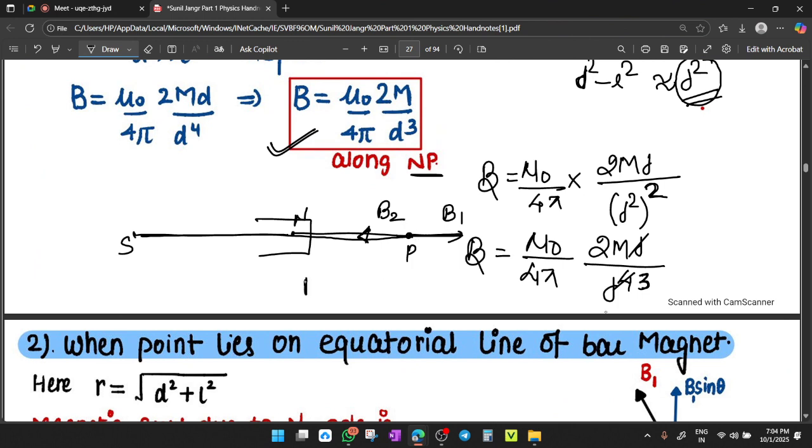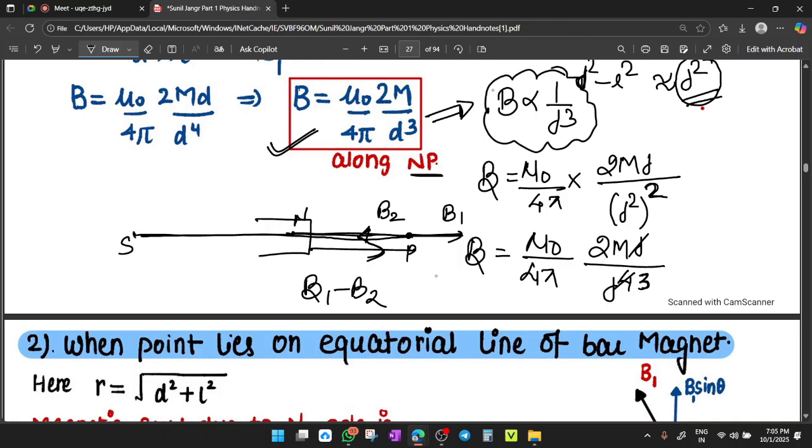The net field will be given as B1 minus B2. So the direction of the net field will be from N to P, in the forward direction. Clear? Yes. So note it down: B equals mu naught upon 4 pi into 2m by d cube. An important relationship develops here for numericals,